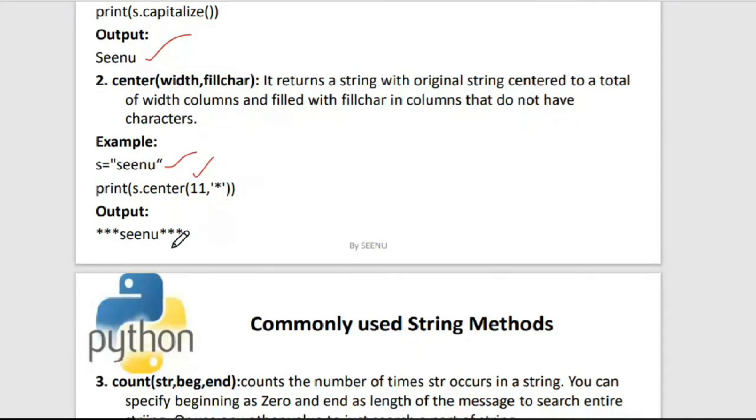So what happens is 11 columns will be reserved and the string will be printed in the center of these 11 characters. Since the number of characters that I have given here is 5, those 5 characters are centered in these 11 characters. Now, what are the characters that are left out? The rest are 3 characters in the beginning and 3 characters at the end. Now I'm saying fill character. What is this fill character? The fill character will fill the character that I have given here in the rest of the positions where there is no character at all. So I said fill it with asterisks.